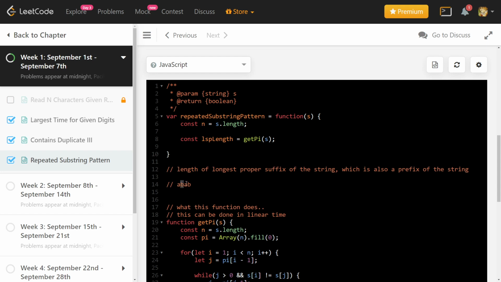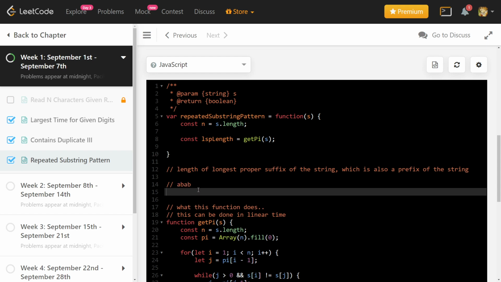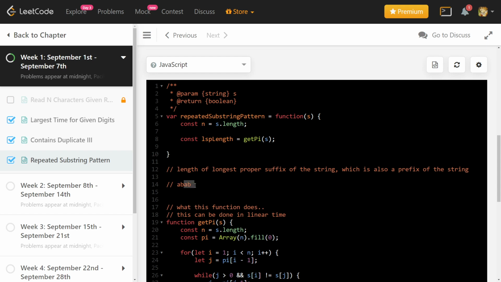So we start with BAB. BAB is a suffix, but that is not a prefix. Now next we look at AB. So AB is actually a suffix and it is also a prefix. So AB is one candidate, and because we are moving from left to right, this is the largest. So the answer is AB and the length will be 2.